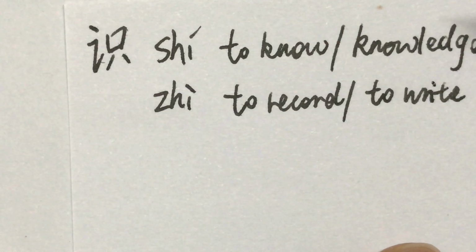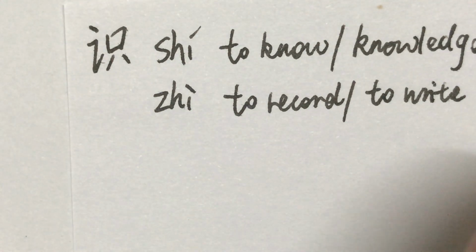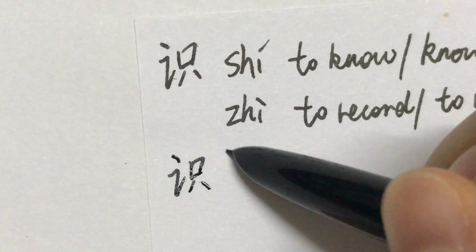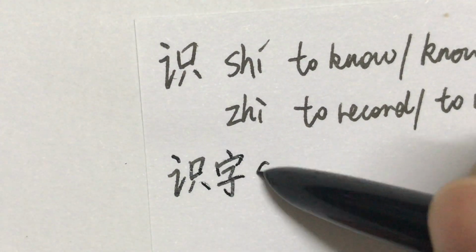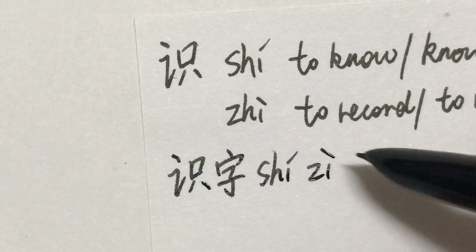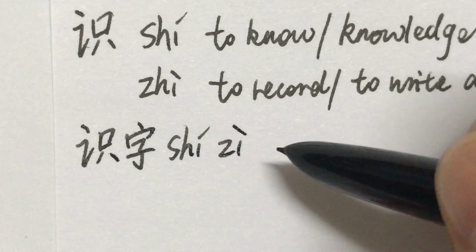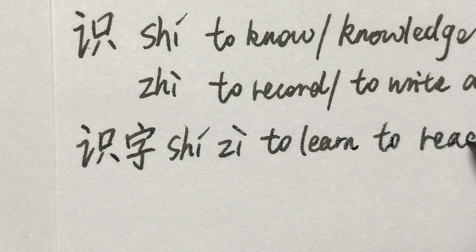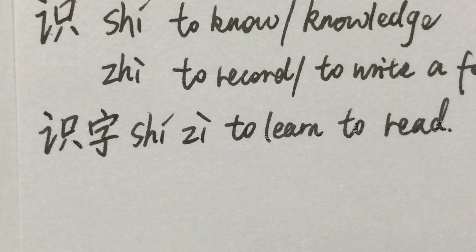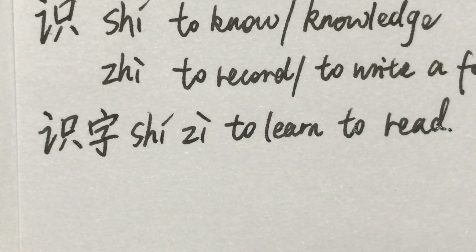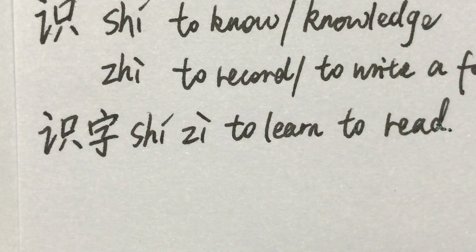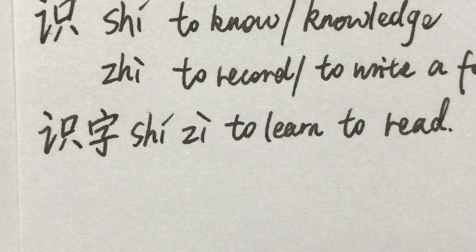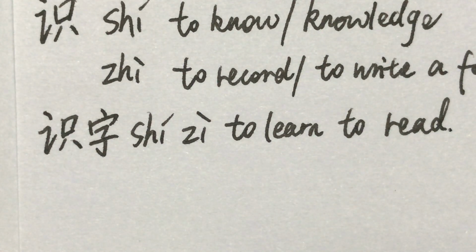For example, 识字, to learn to read. Now check this sentence. What is the percent of the population that can read? 识字的人占总人口的百分比是多少？